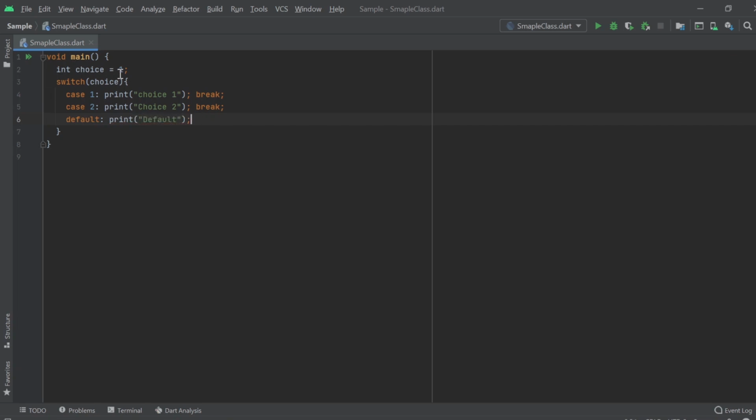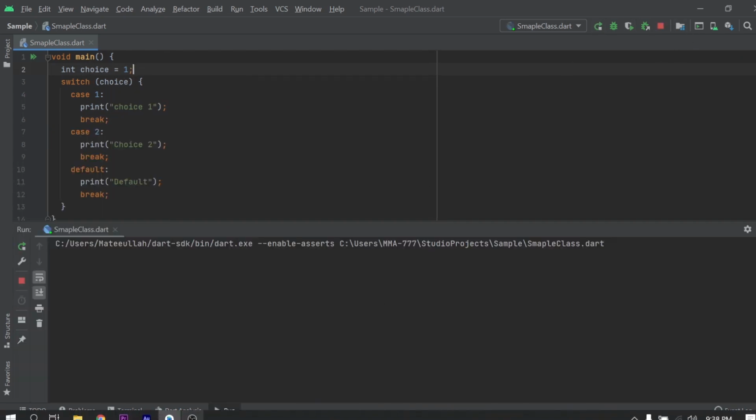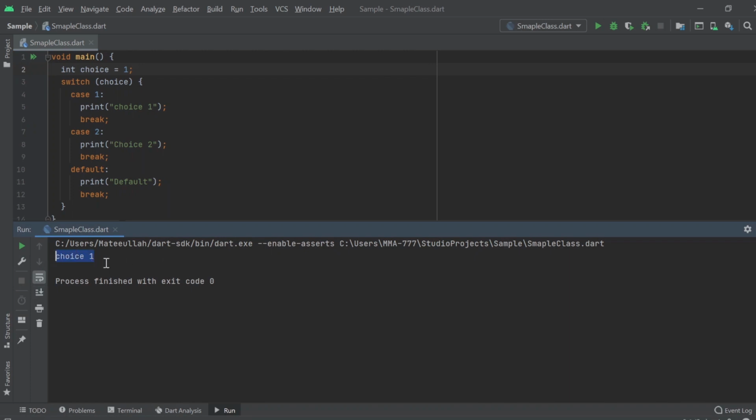So you can see the choice is 1, and when I run it, choice 1 is printing. The control is given to this line, choice 1, this is true, so this line will execute, and after this it will break and the control will be given out of the body.